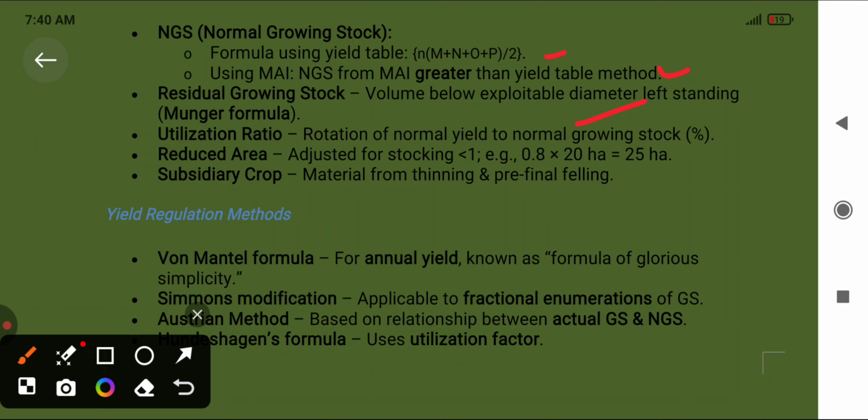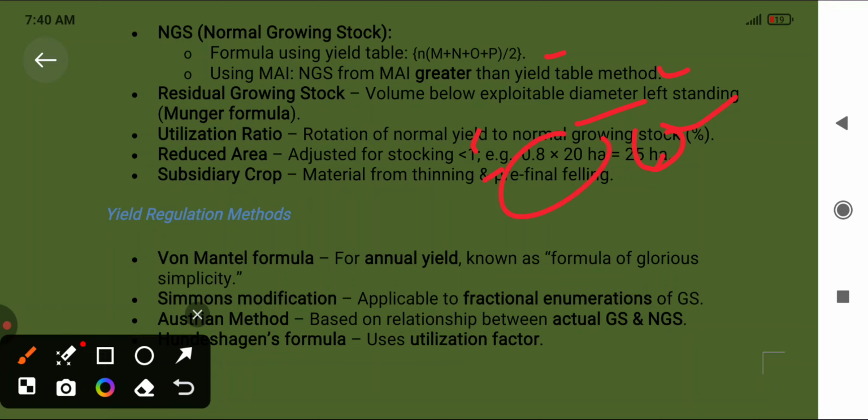Munger formula: utilization ratio, rotation of normal yield to normal growing stock, and a reduced area adjusted for stocking. Okay, percent 0.8 into 2 hectare equals 25 hectare. Subsidiary crops: material from thinning and pre